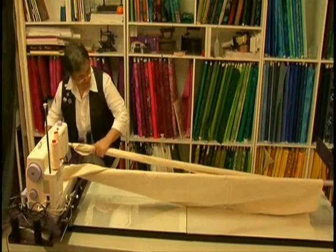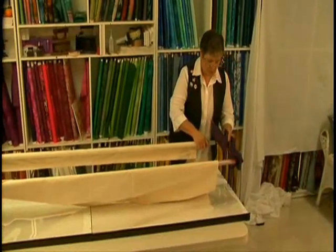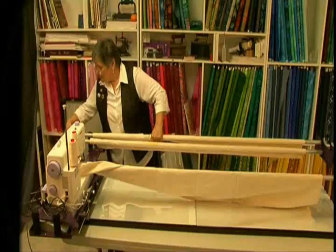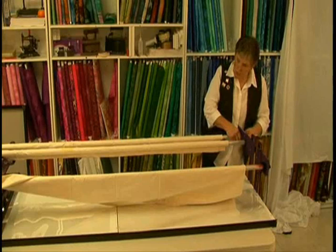Once this is on, we will then proceed to mark the centre of our quilt, our leader cloths. The ratchets are on back to front, but apart from that, you shouldn't have any problems. It's easy enough to turn them around. You may find